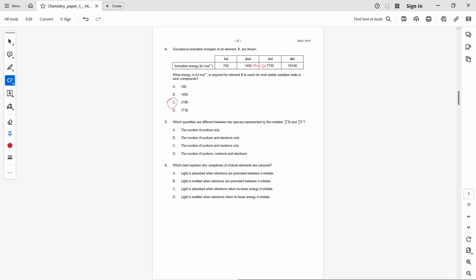For the next question, we can see that those species have equal atomic mass, but they have different numbers of protons. They have different numbers of electrons because it's 52 and this is 53 plus 1, so it's 54. And because they have different numbers of protons but the same mass, they have different numbers of neutrons, so it's going